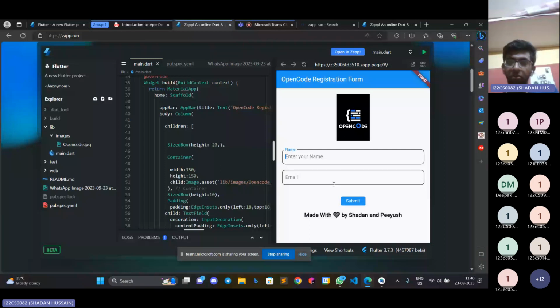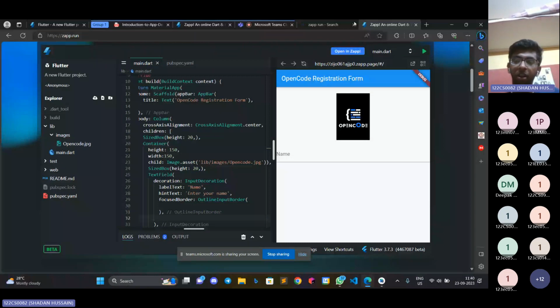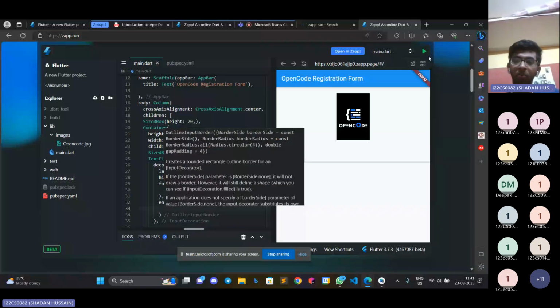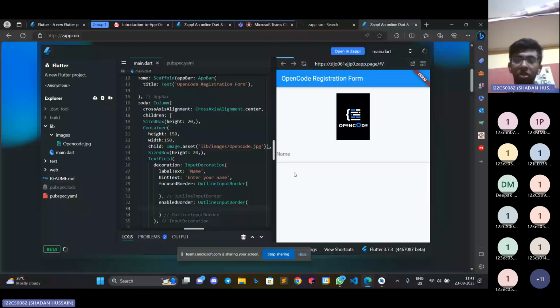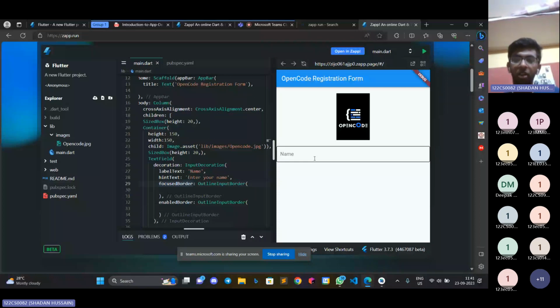देखो इसमें क्या क्या हुआ अभी, नेम है, ईमेल है, एक बटन है, और नीचे एक टेक्स्ट है। इधर भी हम लोग को वही करना है, पहले टेक्स्ट फील्ड डालना है नेम के लिए, फिर ईमेल के लिए, फिर उसके लिए बटन। जैसे देखो अभी क्या होगा, इनेबल्ड बॉर्डर क्या हुआ, ये स्टार्टिंग में ही दिखेगा आपको, आउटलाइन आ जाएगा। और फोकस बॉर्डर से जब क्लिक करोगे तो वो बॉर्डर आएगा। अभी देखो ये नेम अंदर है, नेम बाहर चला गया, वो लेबल टेक्स्ट से हुआ।